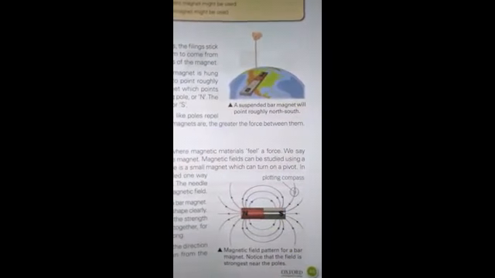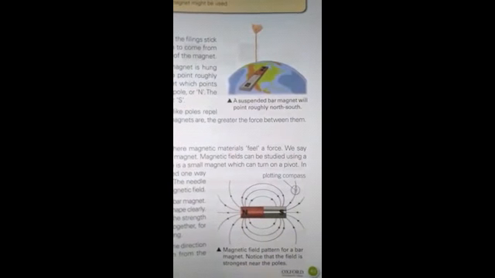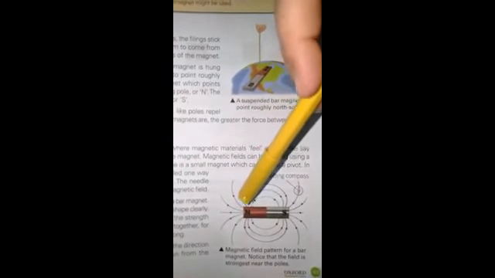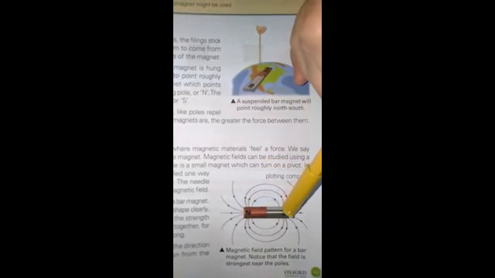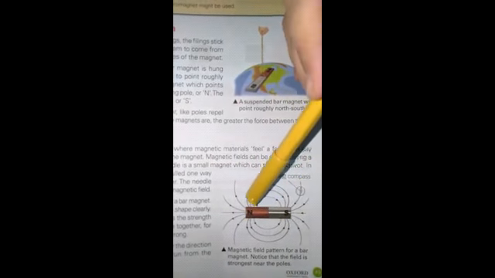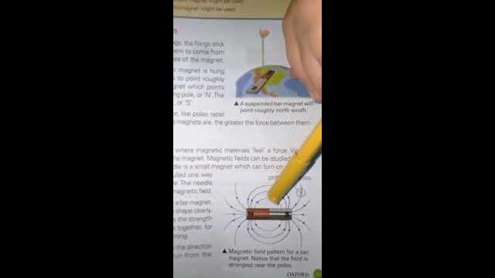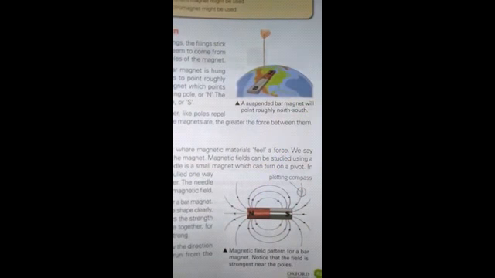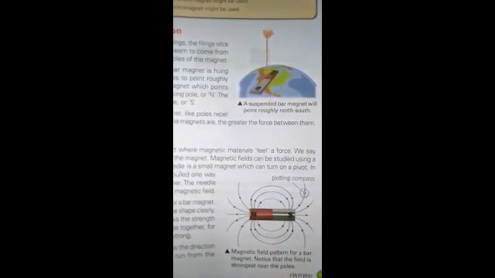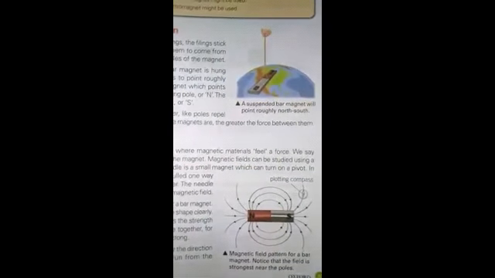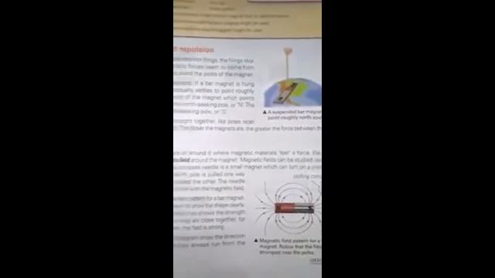If we do this process, a bar magnet will show a magnetic field like this. In this magnetic field, you can see that the lines run from the north pole towards the south pole, and the space between the lines is less near the poles and greater away from them. The less space between the lines shows the strength of the field. We can say that the magnetic field is stronger near the poles and weaker away from the poles.